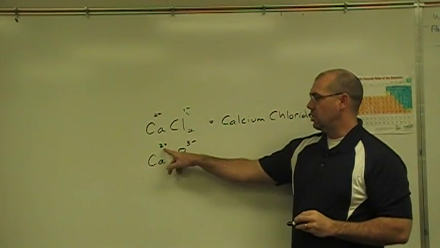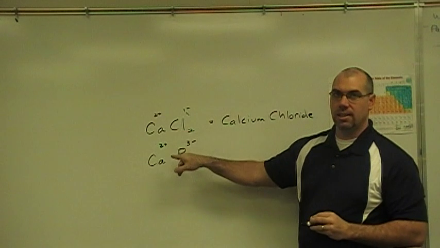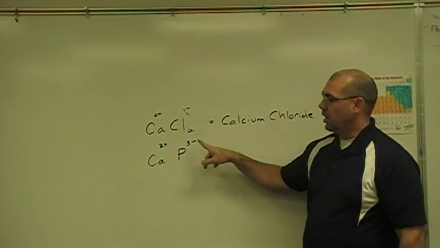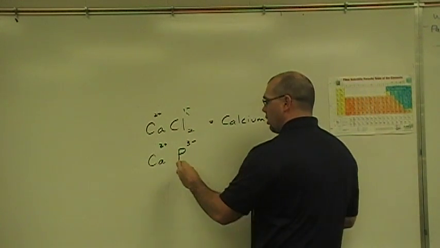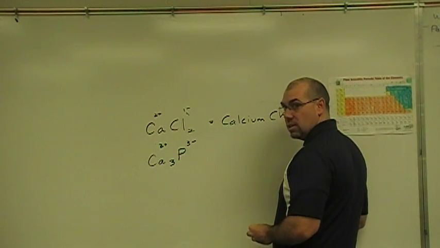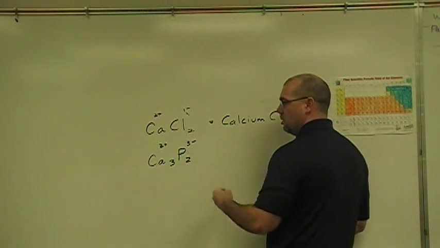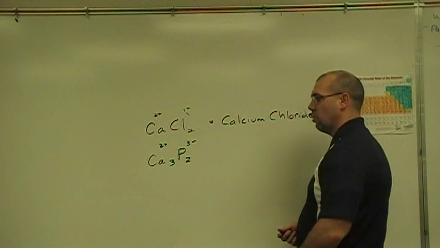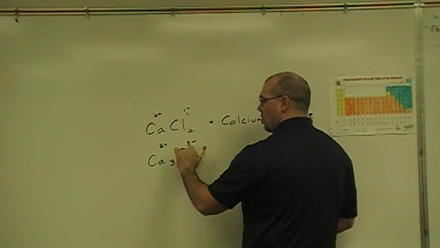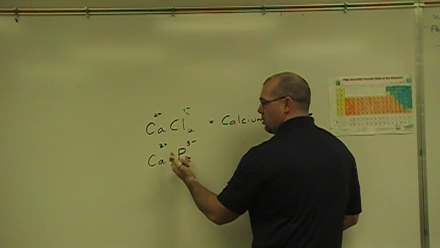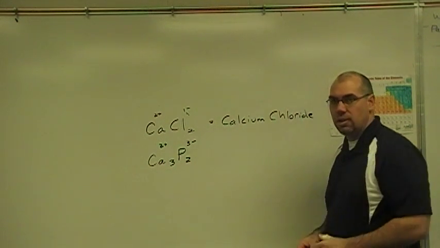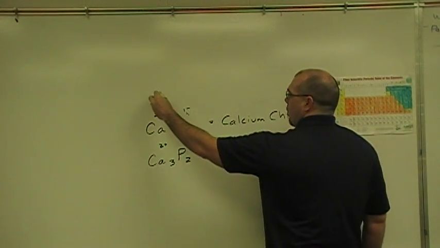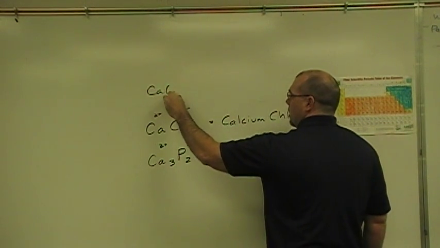Now I can't turn 2 into 3 or 3 into 2, so to balance these out, we find the least common multiple, which is 6. Okay, 2 times 3 is 6. 3 times 2 is 6. Now these are balanced. Okay. And a helpful hint for compounds like this, when you have an even charge and an odd charge, basically what you do is you flip them and they become the subscript for the other element. Okay? So it didn't matter whether we had 1 for 1 like calcium oxide,